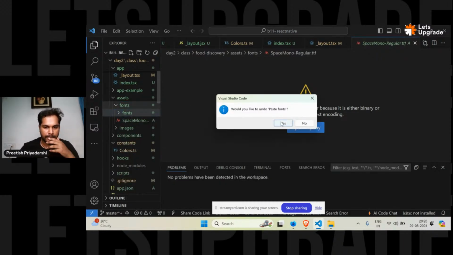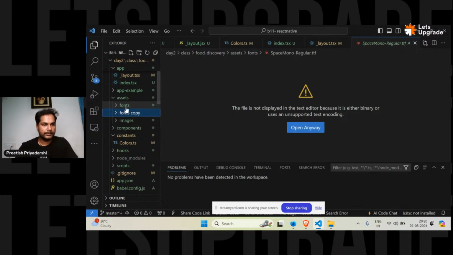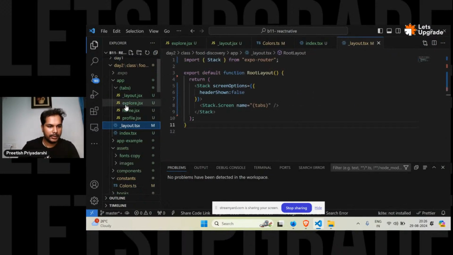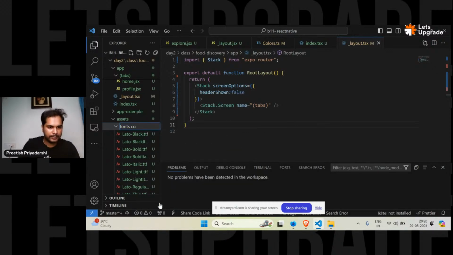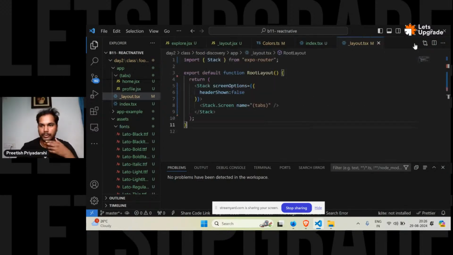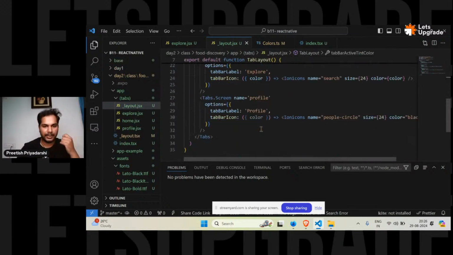Sorry. Let me delete it. So here I have a folder named fonts, which has all the fonts that are already imported, which is required for us right now in this particular project. So once everything is imported,